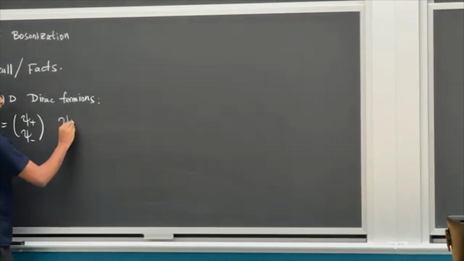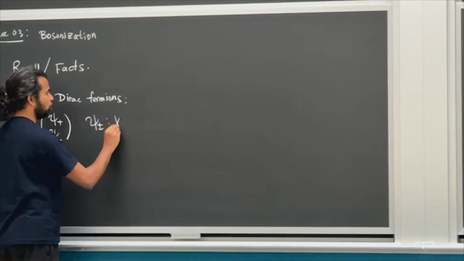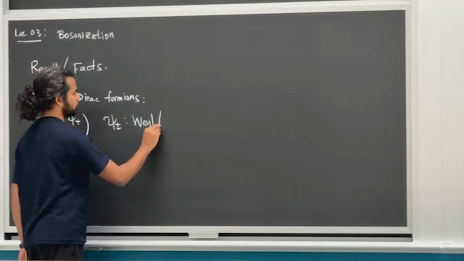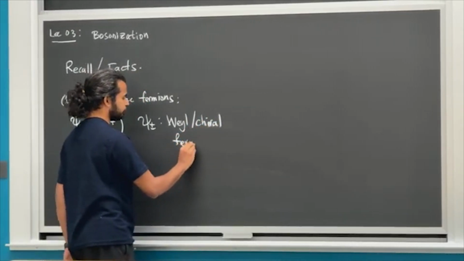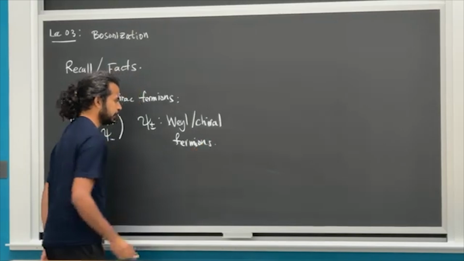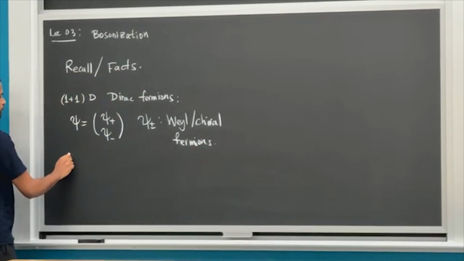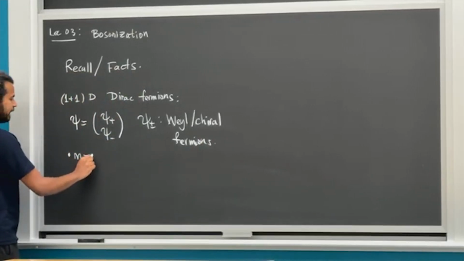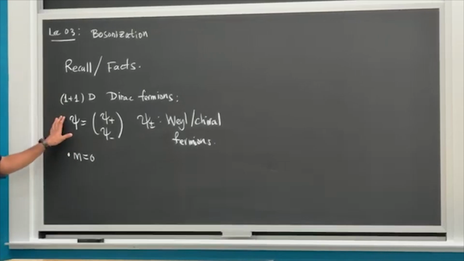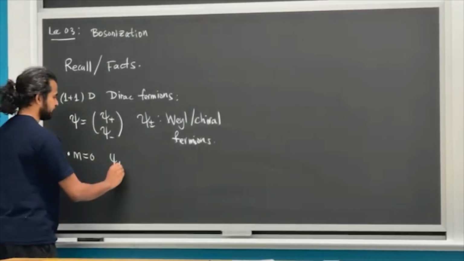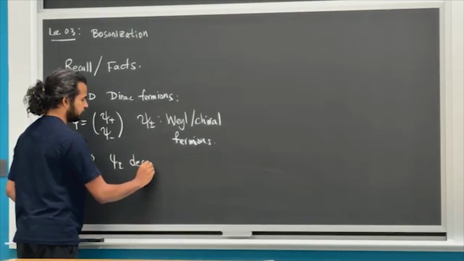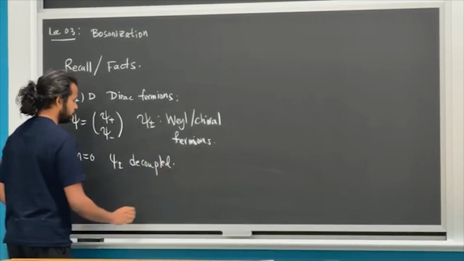These are called the Weyl or chiral fermions, and we saw that in the massless limit of the Dirac fermions, psi plus and psi minus decoupled, and we evaluated